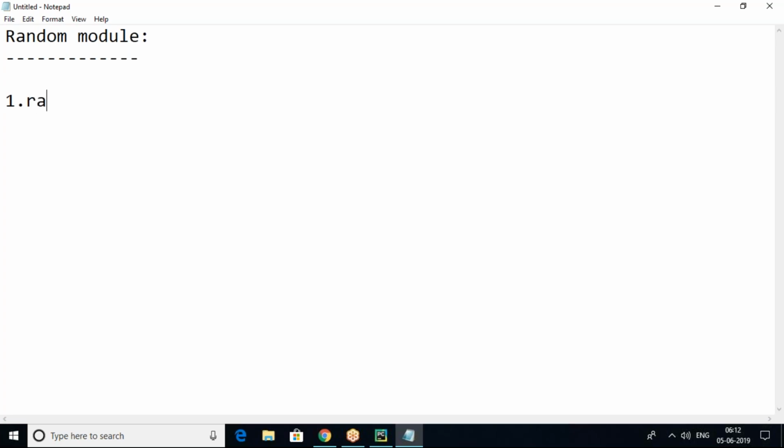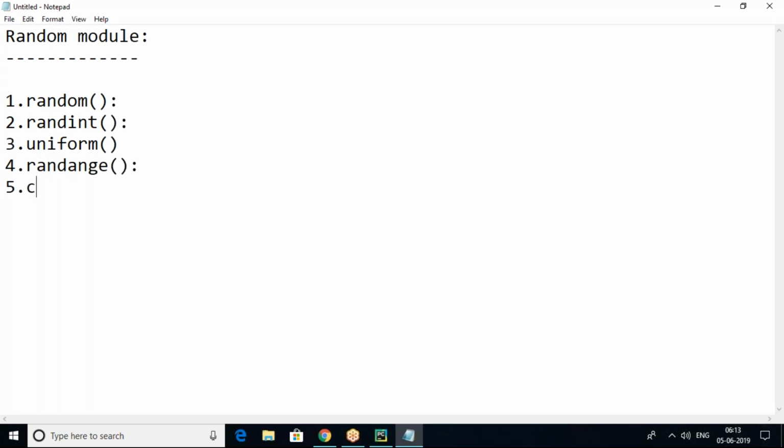These are the random module functions. One is random function. Next one is randint. Next uniform. Next randrange.